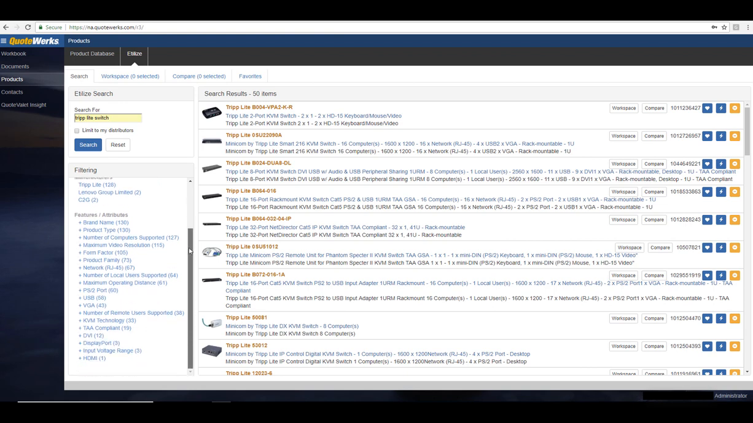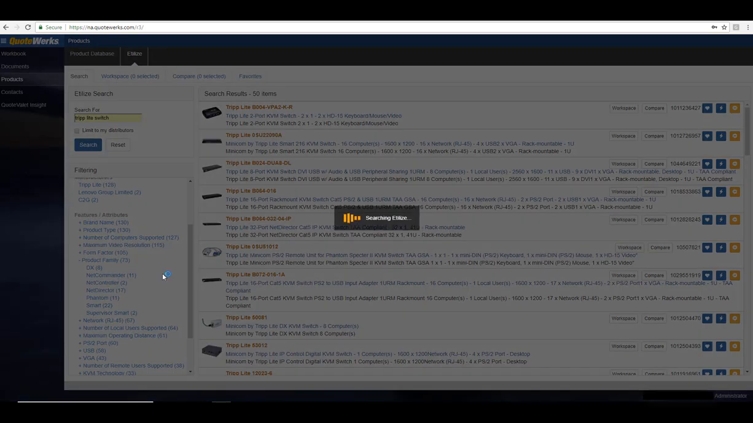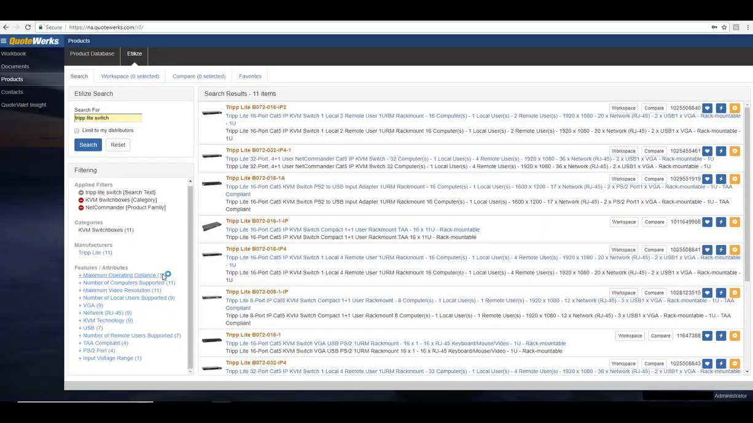I can narrow it down even further if I start selecting features and attributes that I'm looking for. So for instance, if we go down to product family and expand this, and then go to Net Commander, that'll narrow my search results down to 11 options. Once you've narrowed your results down and you're ready to get pricing and availability, simply look for the item. So for this case, we'll just get pricing on this first item here, and you'll see the real-time button is available to the right. You click on that,